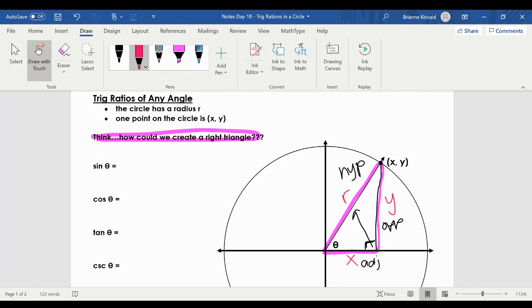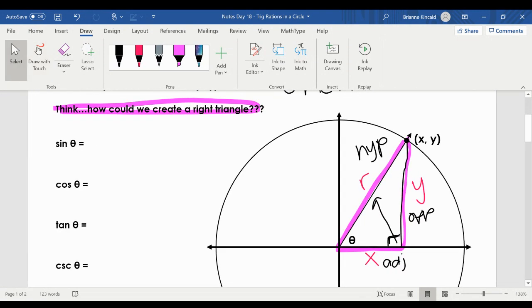So the sine is the opposite over the hypotenuse. We know this because of our word SOHCAHTOA. So in this case, the sine of theta is going to be y over r. You can go through, do sine, cosine, and tangent. I like to do the original trig function with their reciprocal. Cosecant is the reciprocal of sine. So instead of y over r, it's going to be